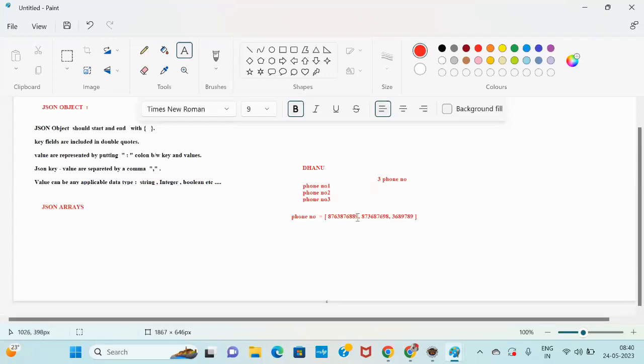So if I want to get the info about my family, if I want to speak with my family, I will access this phone number by using the array concept. If I want to talk with my work, I mean to say with the colleagues and all, I will take the first phone number by using the index. I will just grab this info. So this is how the array concept is useful. Now in the JSON, if we want to hold multiple values,